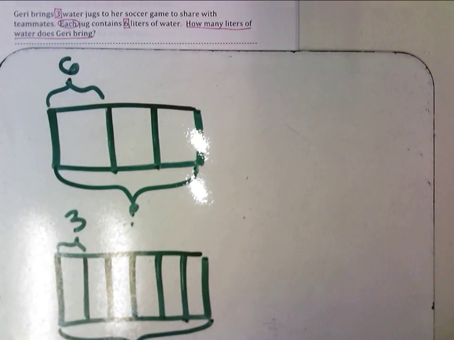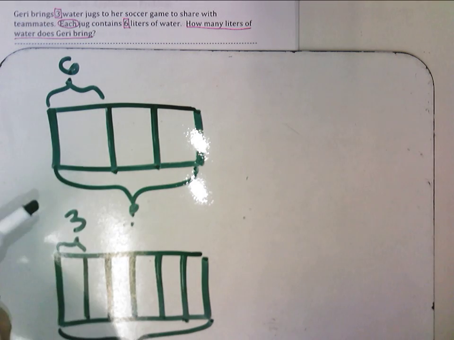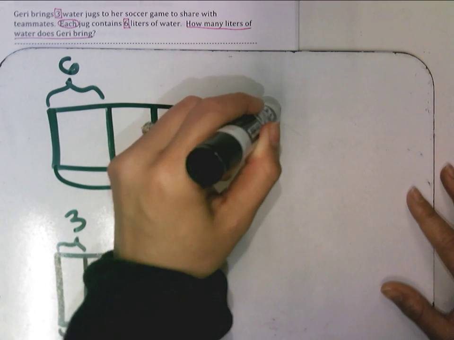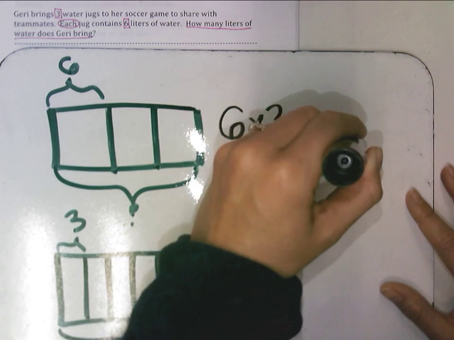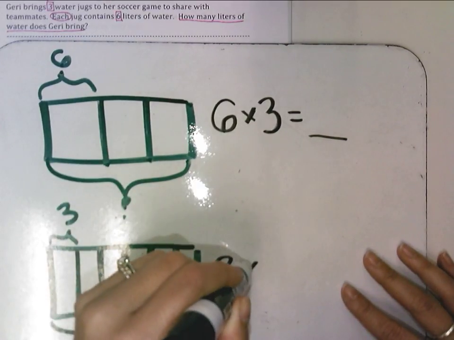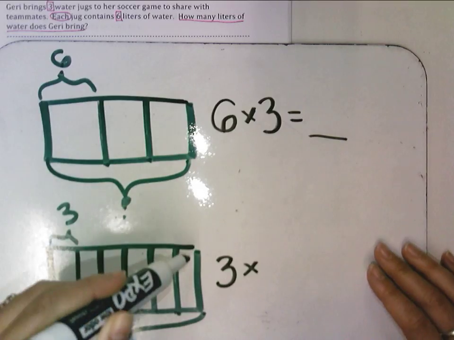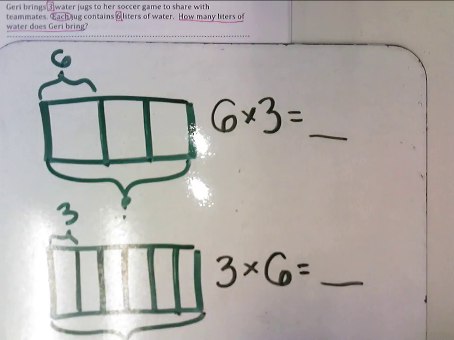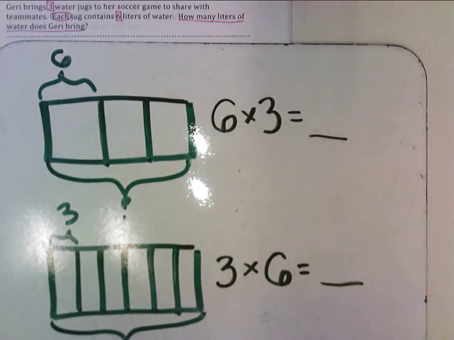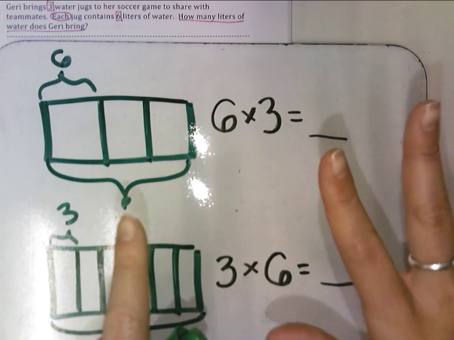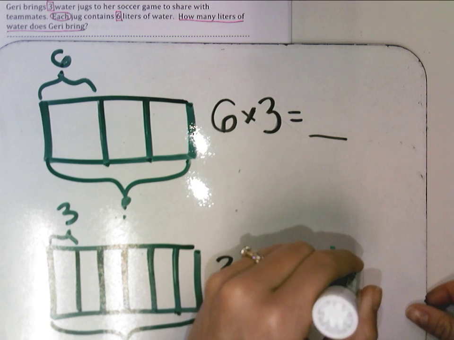Well, let's look at this top problem. Our multiplication sentence for our top tape diagram would look like this: 6 times 1, 2, 3 boxes equals blank. Our bottom multiplication problem would be 3 times 1, 2, 3, 4, 5, 6 boxes, so 3 times 6 equals blank. Let's use what we know about our 3's and skip count till we get our answer. 3, 6, 9, 12, 15, 18. So we know both of our answers here